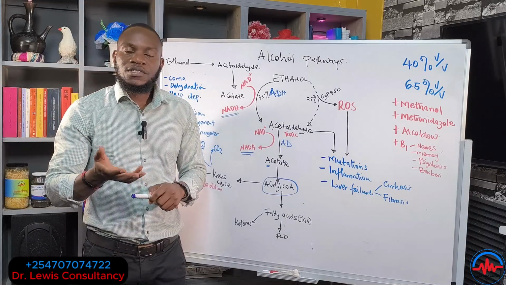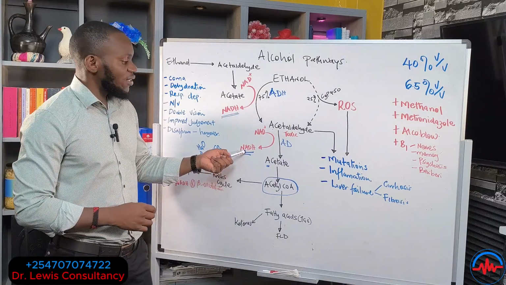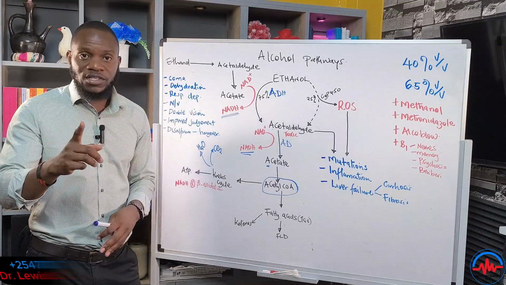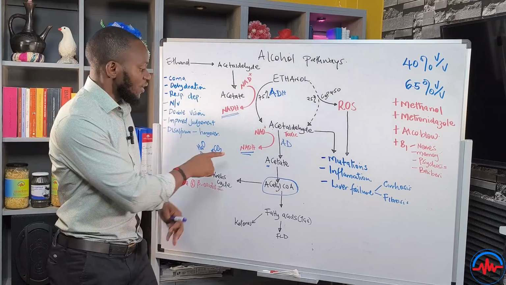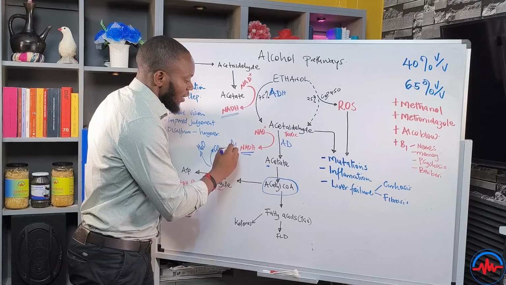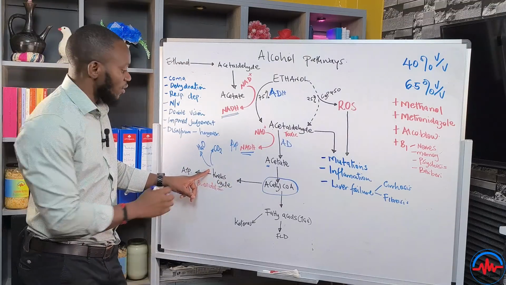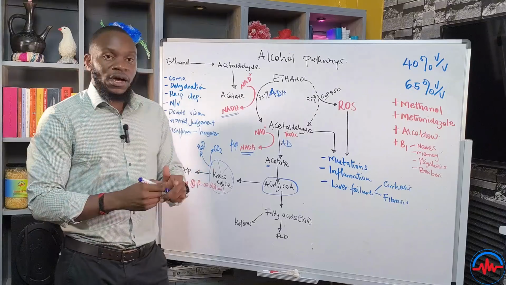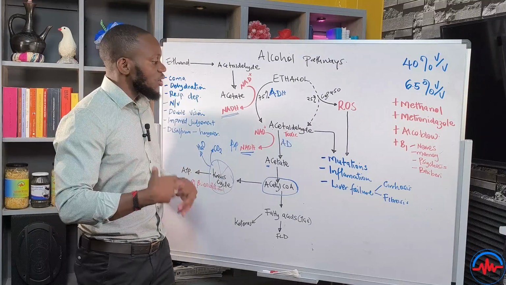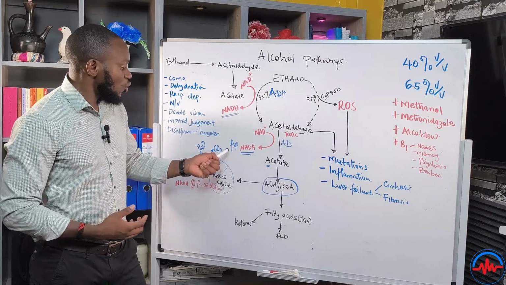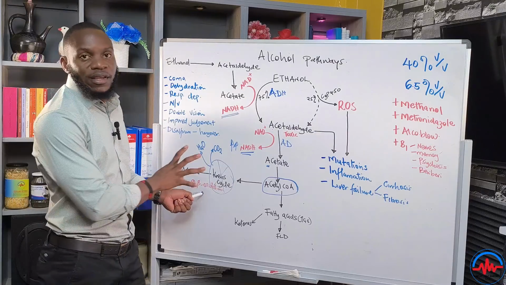Now you're building up this NADH. Remember, NADH can actually be channeled into the electron transport chain to produce more energy. However, the accumulating amounts of NADH in the system end up blocking the Krebs cycle. So they end up blocking this cycle so that you don't ever produce energy. Now, this will mean the liver will have to produce more energy to capture the problems coming in here. So you'll stop the production of energy from the Krebs cycle.